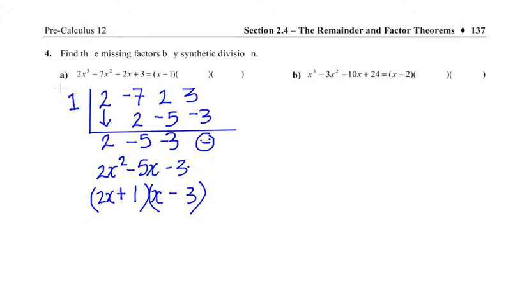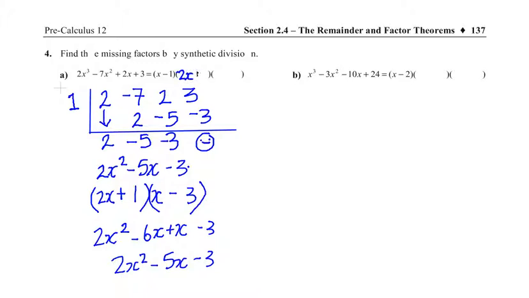So this makes, first would be 2x² minus 6x plus x minus 3. And then this simplifies, of course, to 2x² minus 5x minus 3. So we know that this is right. So then up here, we can add in our two other factors, which are these two brackets. So it's 2x plus 1